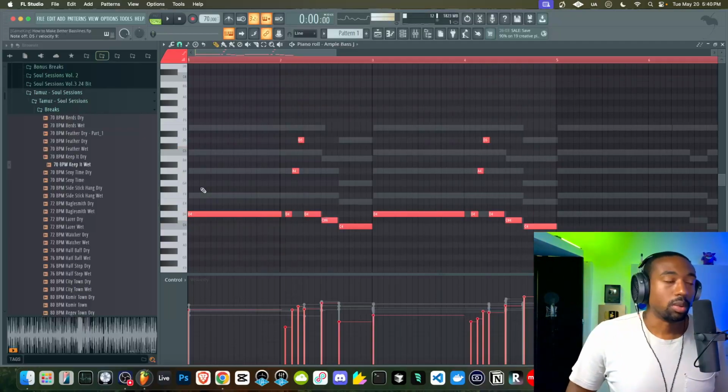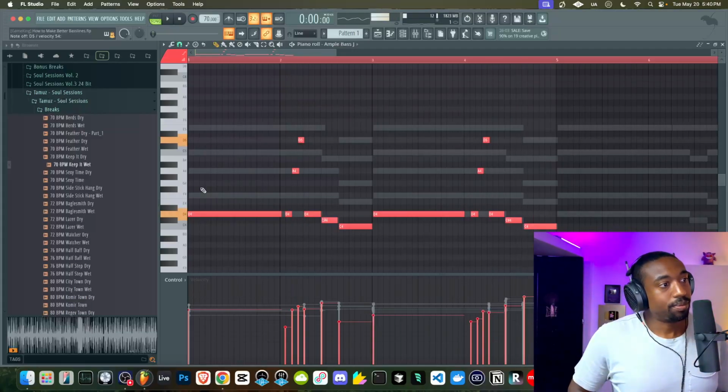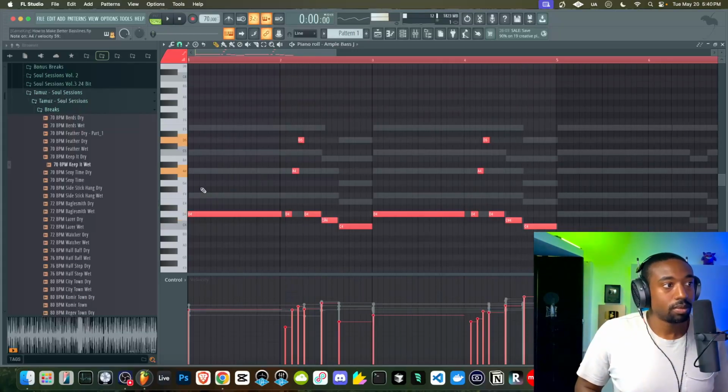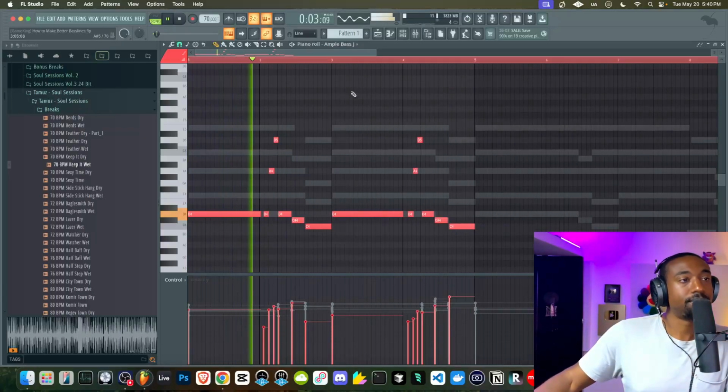All right, so we're just working in the rule of threes there. Instead of just going from this note all the way up an octave, we're adding that in-between note. Okay, so that's a fast way. So this is the basic way.